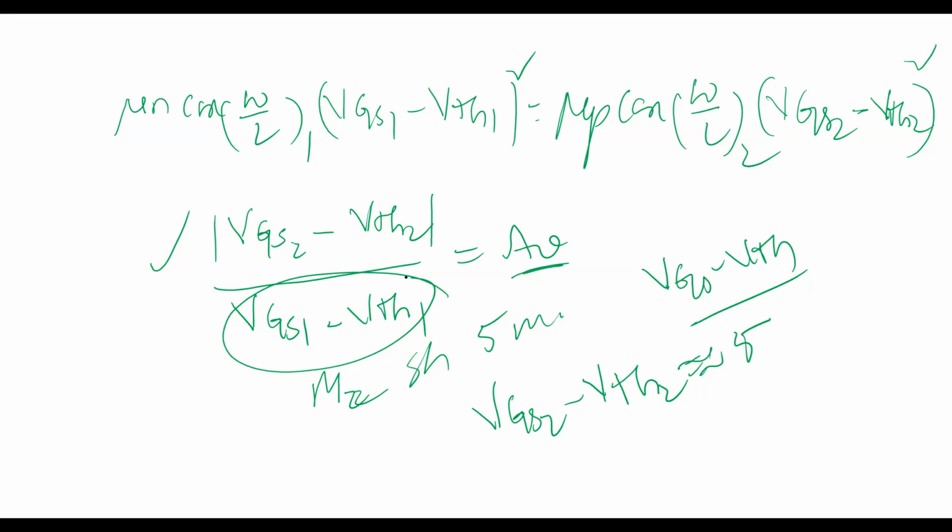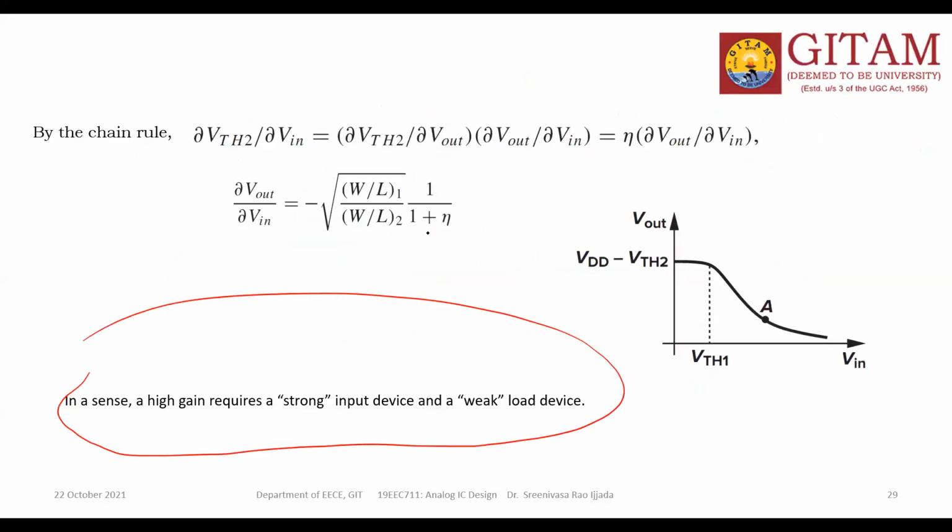So we can continue with both overdrive voltage and threshold voltage. The swing depends on these, the threshold voltage and the overdrive voltage. For a small overdrive voltage, the output voltage level cannot exceed VDD minus VTH. I think in the characteristic curve we already saw that for input value 0, the output is VDD minus VTH2. In the graph I told you.